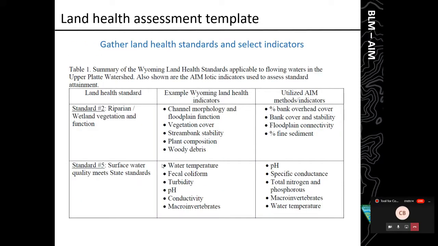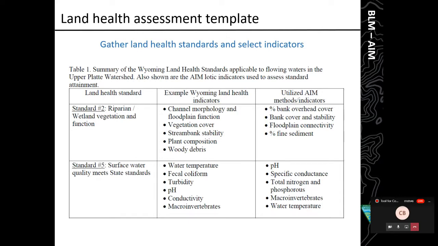One of the things I think is so great in Tech Note 453 is Appendix I, which links the land health fundamentals to each of the state standards and how that links to actual AIM indicators. Cheryl Newberry shared with us an example of watershed-based land health assessments that they're doing in the Rawlins field office. That might be familiar to some of you if you saw her data use webinar. So I chose to focus on that example.